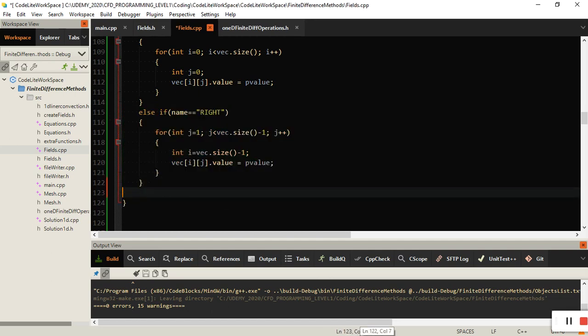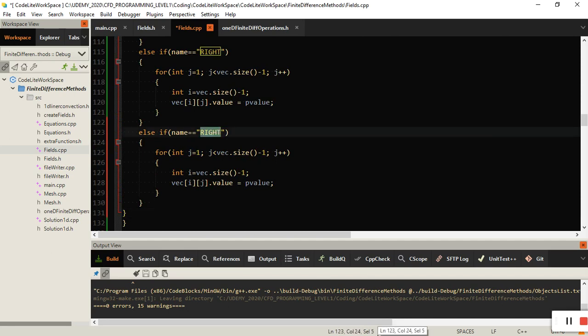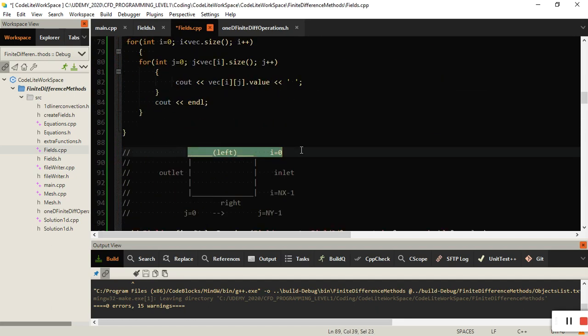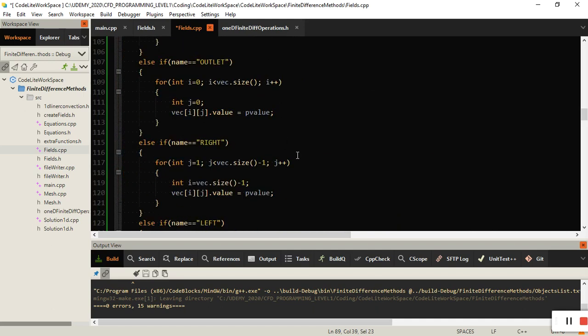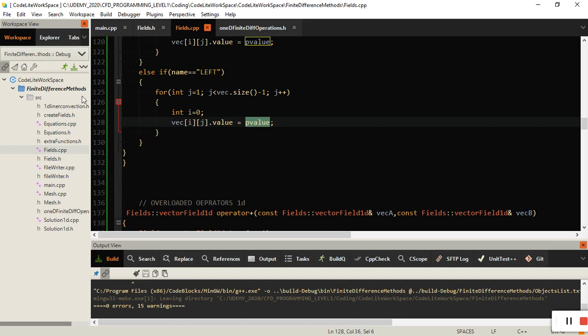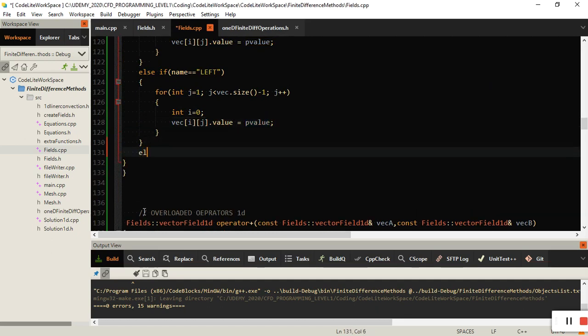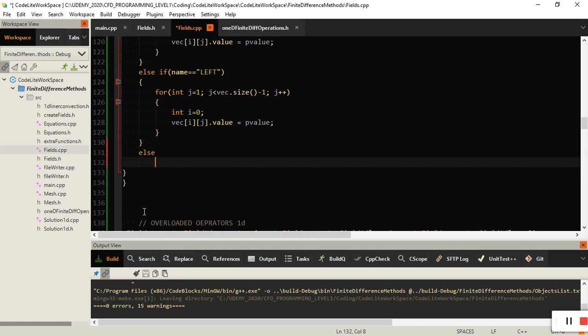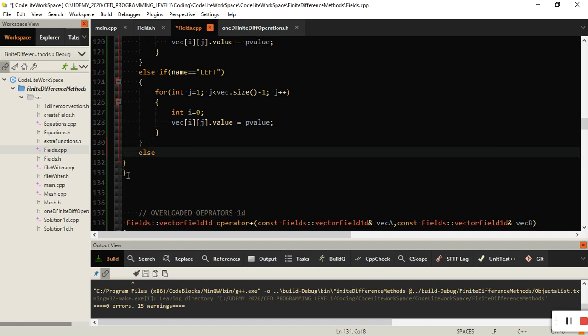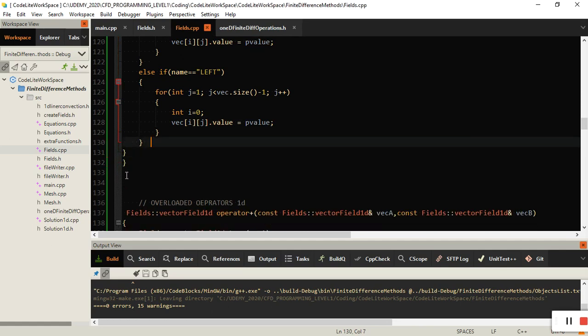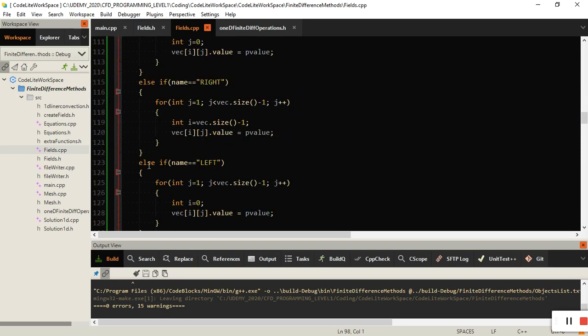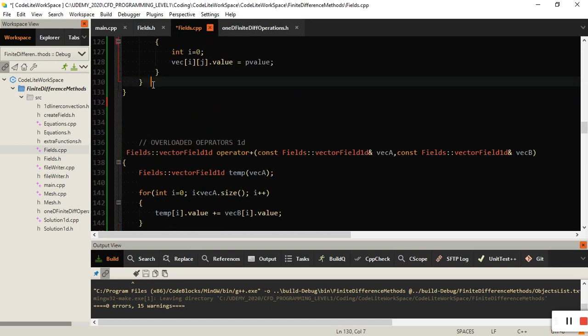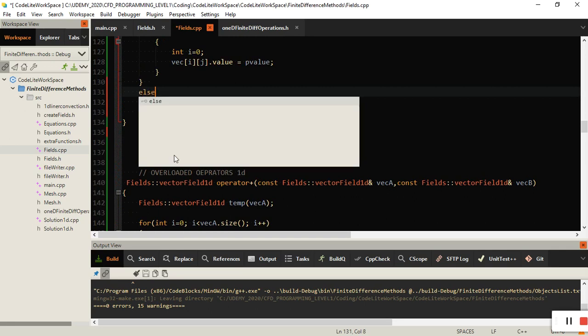And the last one, the left hand side, where if the name is equal to left, then I is equal to 0 because our left hand side belongs to I equals 0, and therefore the value will be this. Else, let's just say else. Hold on a second, seem to have done something. So this void should end, extra bracket here. Yeah, so else